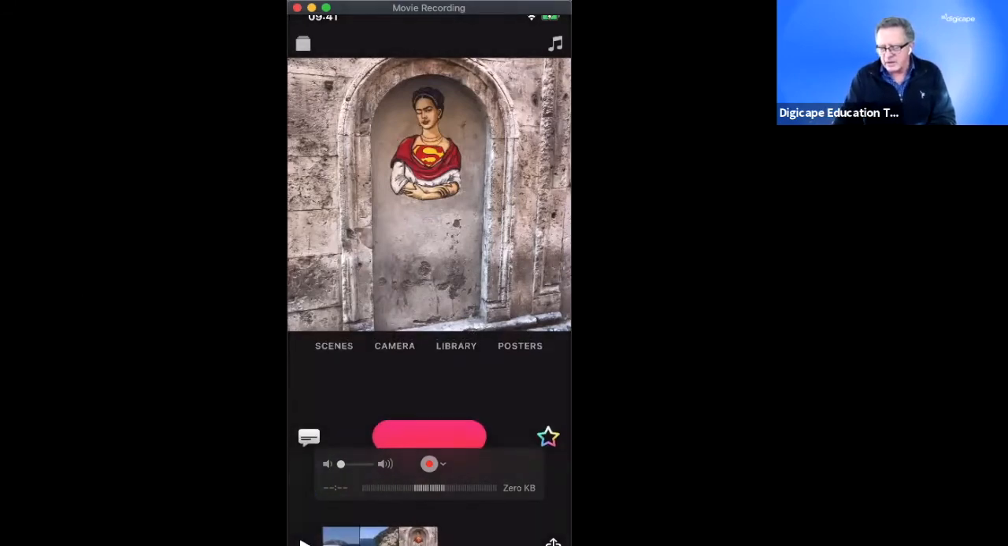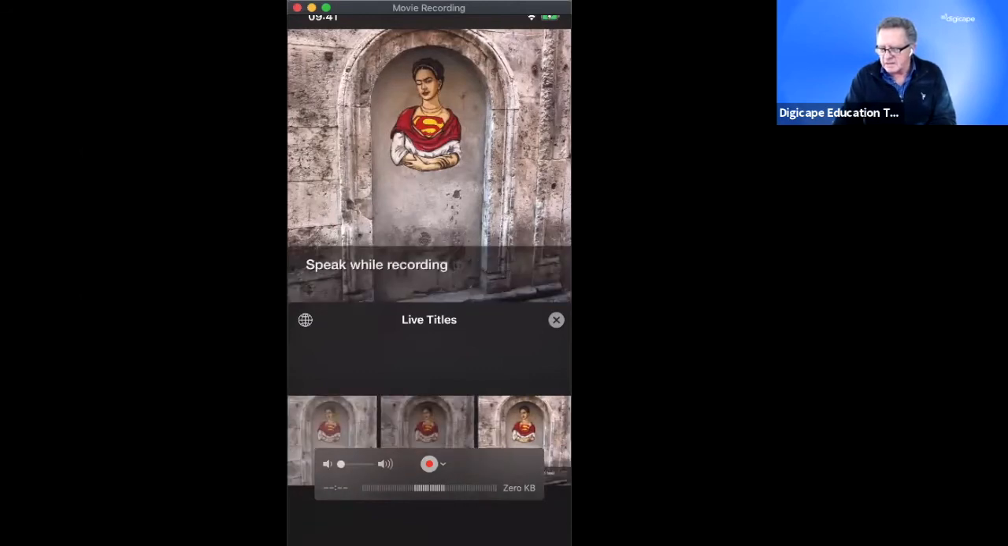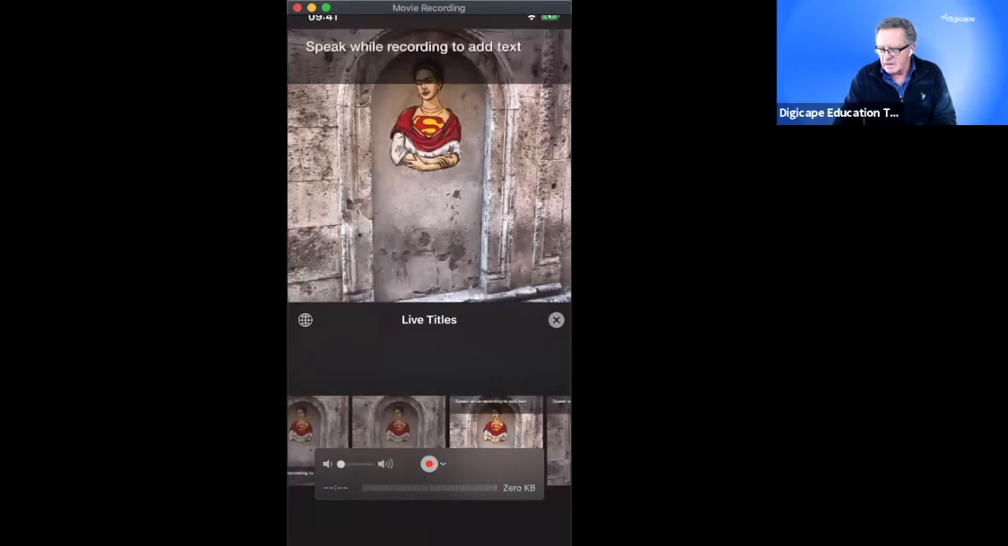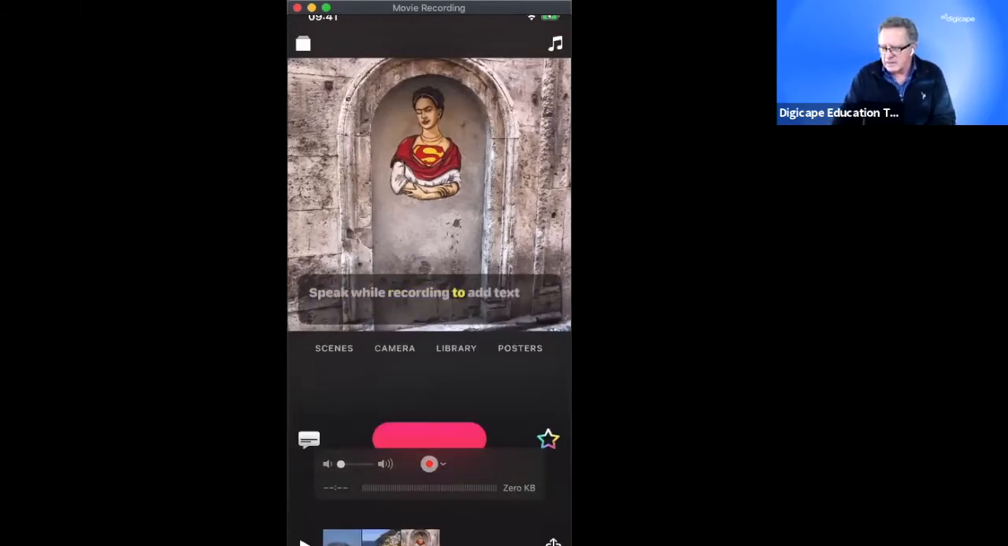One of the things you might notice is to the left of the record button, there's this little speech bubble. If I tap live titles, if I tap on each one of these, you can see there's a variety of titles that are popping up, either titling at the top, at the bottom, or here where the words are being highlighted. So if I turn that on and tap play now,